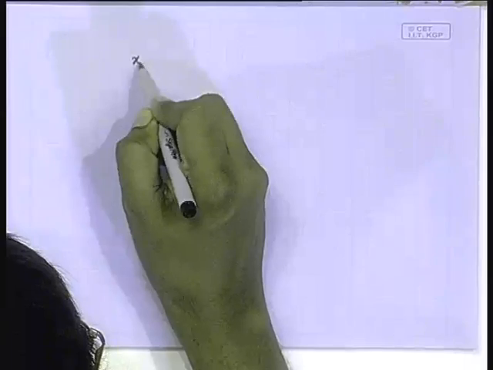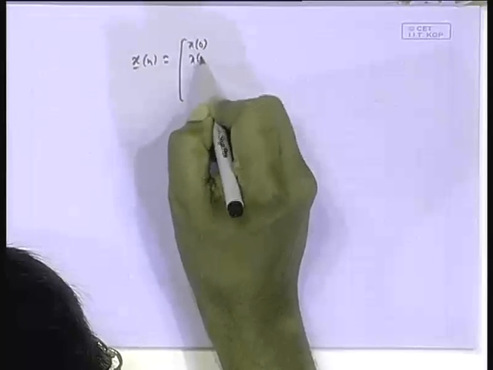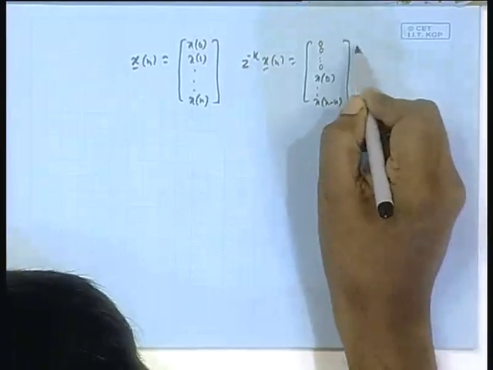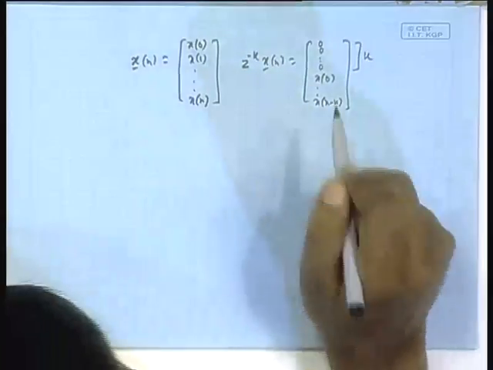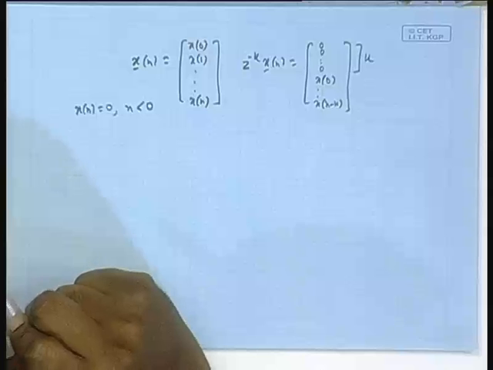Okay, so we start at where we left last time. We defined these data vectors. I will not repeat things today because last time I did too much repetition. This is my vector: z inverse k x n was 0 0 0, then x n minus k, and you have got a band of k zeros. I am also assuming x n equal to 0 for n less than 0. This is called the pre-windowed case.